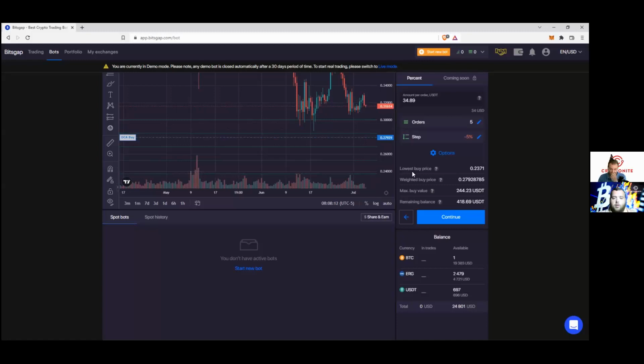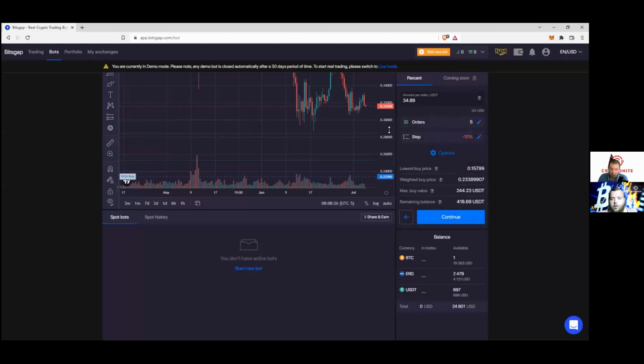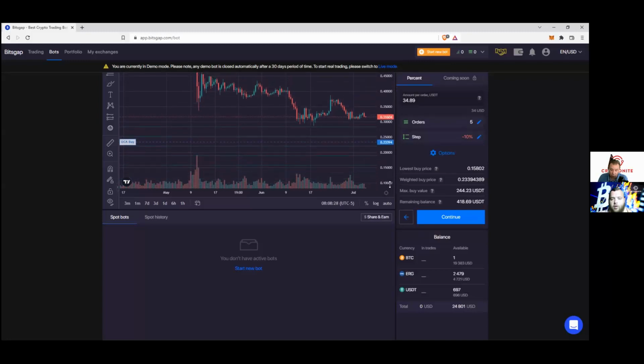So automatically I've already put, and of course I can be more aggressive. I can say minus 10%. I think the lowest buy price would be 15 cents. And I can say confirm. So now it's spread even more. You see all the way down to about 15 cents, which is the last buy it's going to make. So it's going to divide the money, like I put $34, and it's going to make 5 buys of $34, which basically the total value, I'm going to buy $244 of DCAing automatically,